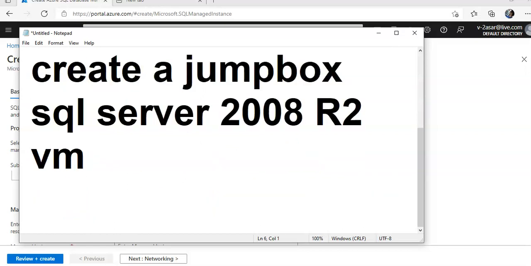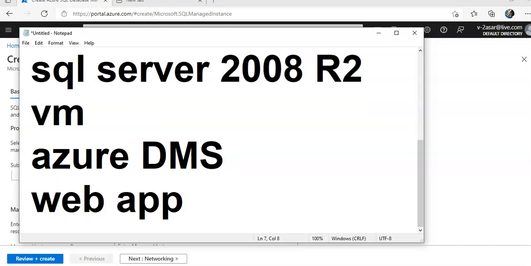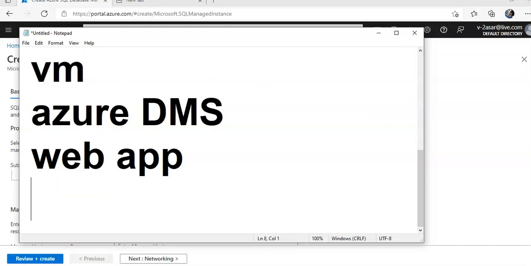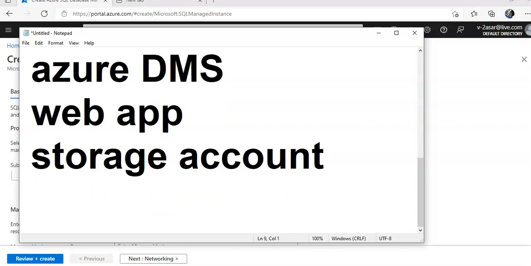Then I will create Azure Database Migration Service, or DMS. Then I will provision a web app. Then I will use a storage account for blob storage. Then I will install the required software on that jumpbox, and I will use